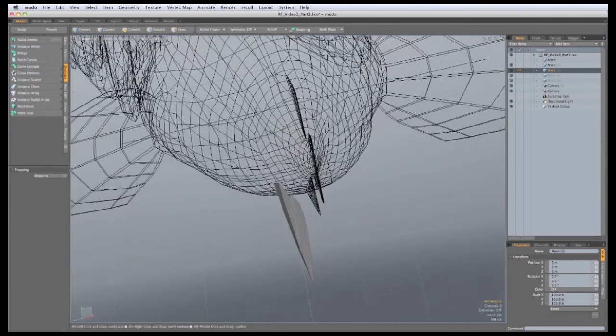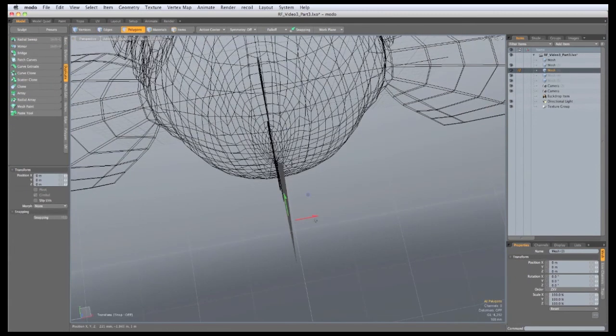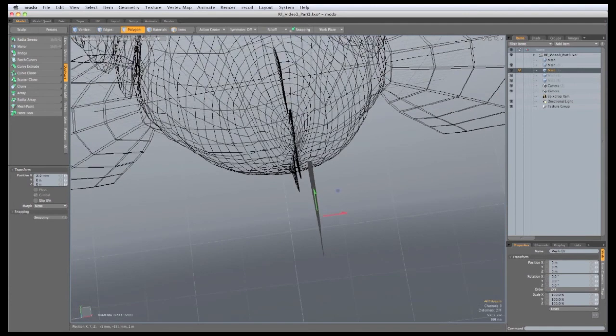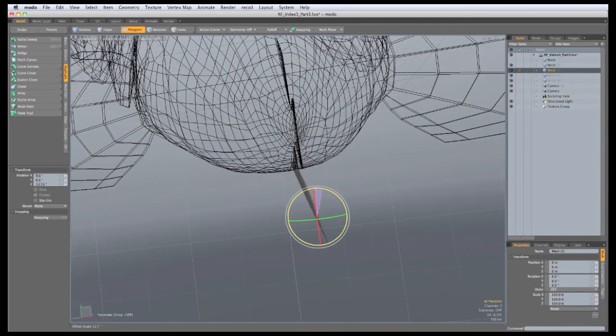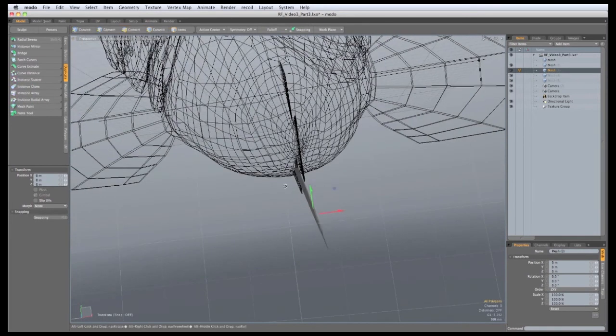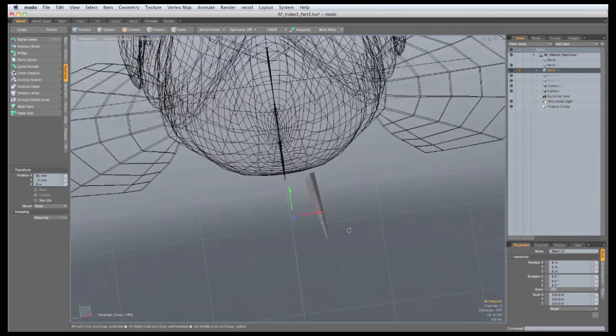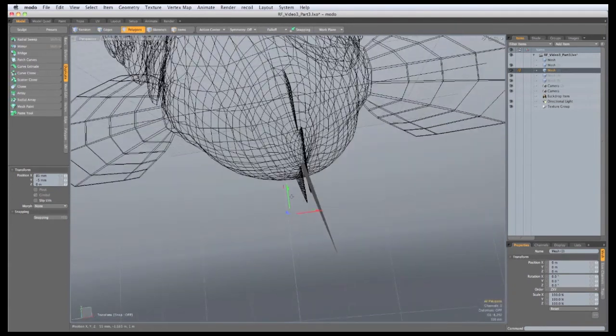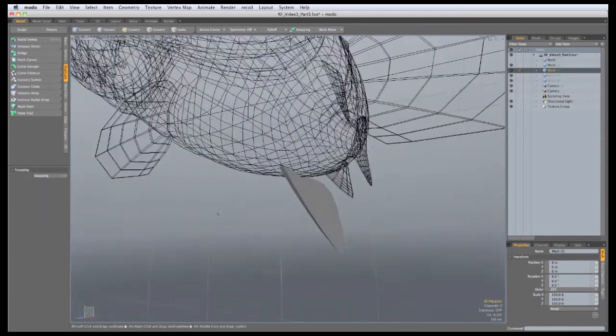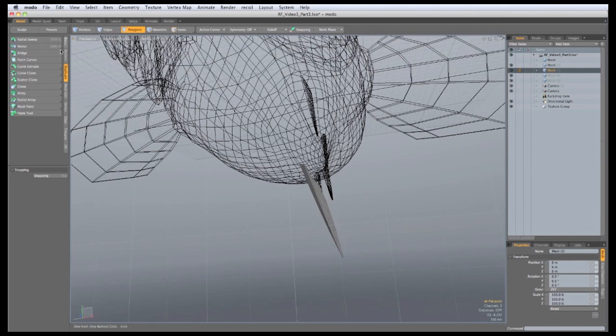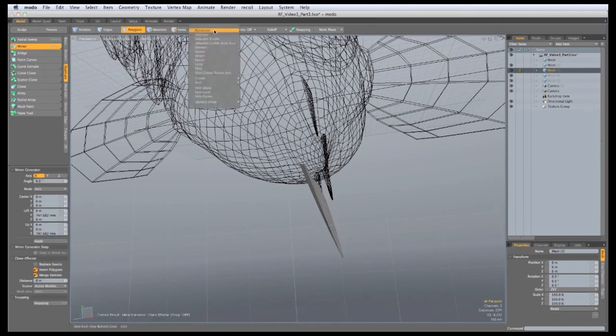So now we need to think about where this is going to be positioned. So hit W, I'm just going to move it over, and it needs to sit around about there. So I'm just going to rotate it around, move it out, that looks about right. So now we need another fin, so go to duplicate, mirror, origin action center, click in the viewport,